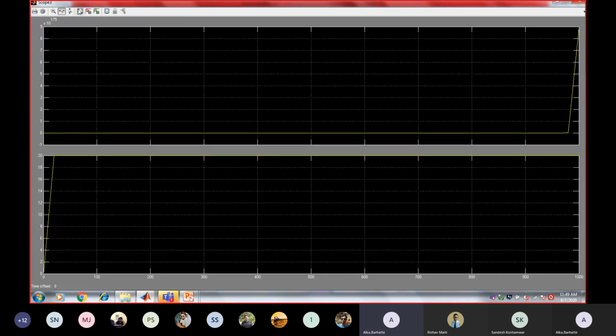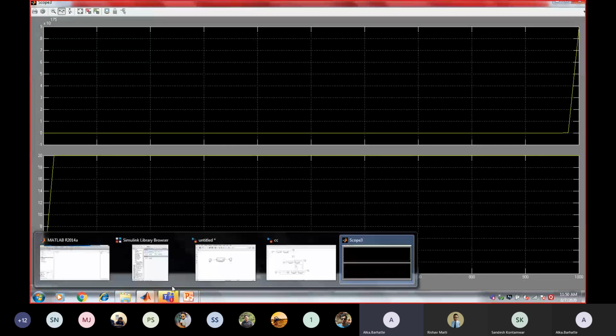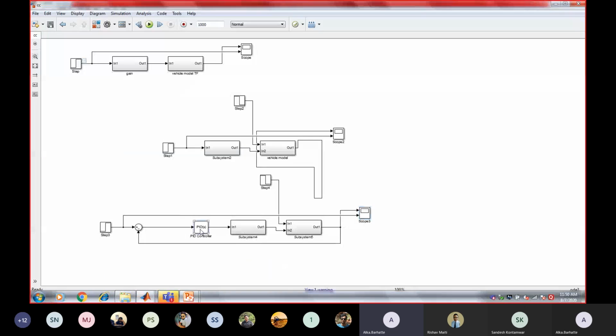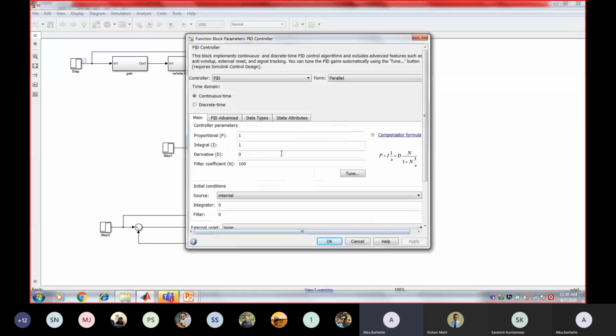So this is what we are getting here. I think this is the input and this is the output. Now see here, we are not getting the expected value. So how do we obtain that expected value? For that, you can just click on this